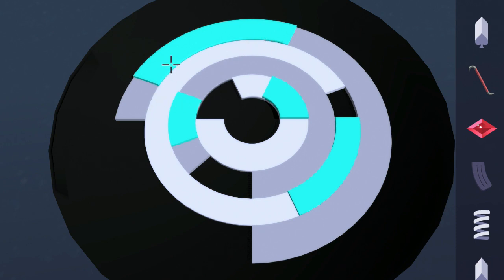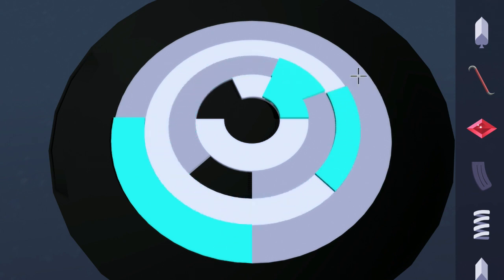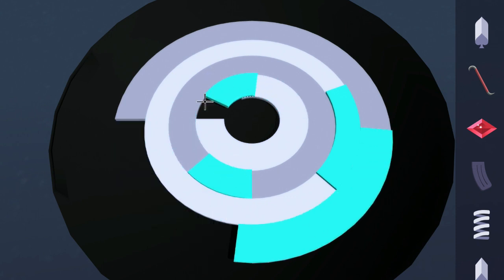So until then, exit out of here, interact with the floor, hit that green button, and here you want to slide the pieces on each row so that they go into the large black empty spaces in their circles. So outer, inner,